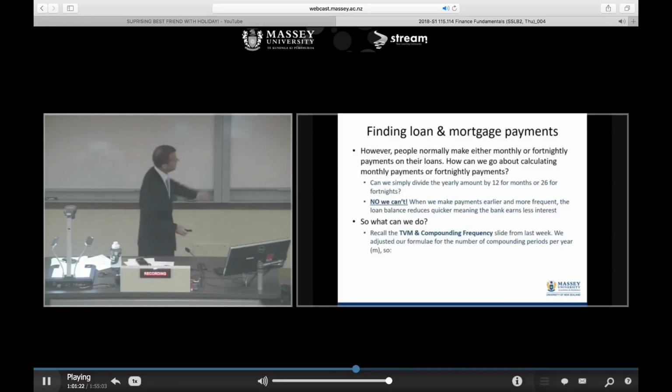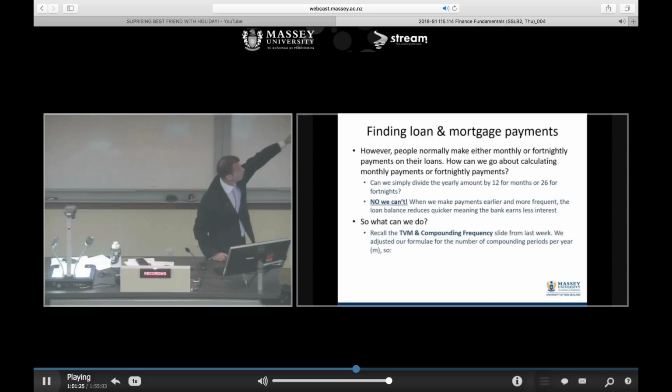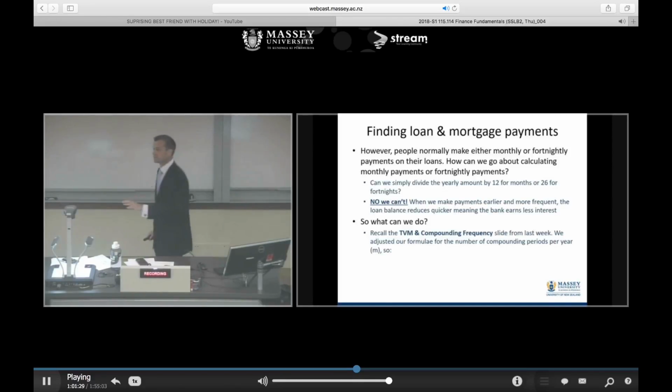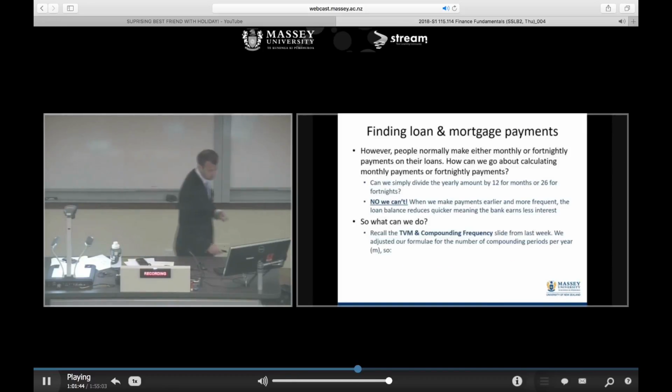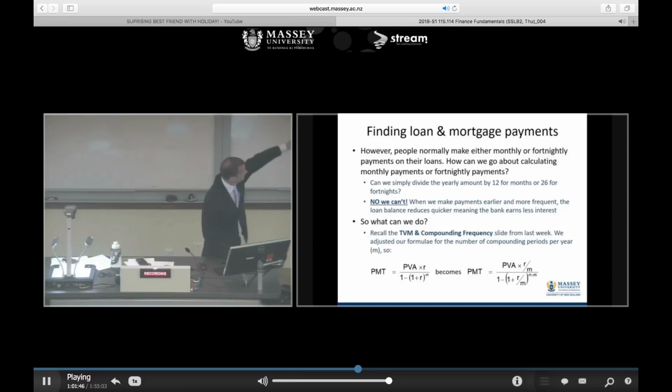So we introduced this thing called M. And M, by the way, doesn't always refer to months. It refers to the number of compounding periods per year. So if it is monthly payments, it'll be 12. If it's fortnightly, M will be 26. So, the formula,